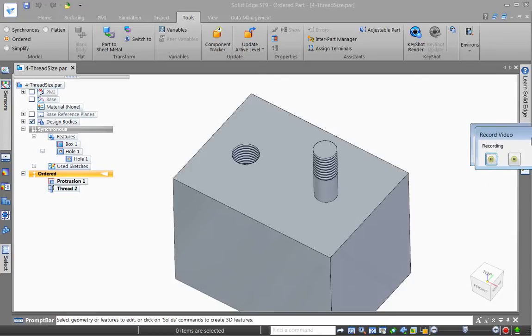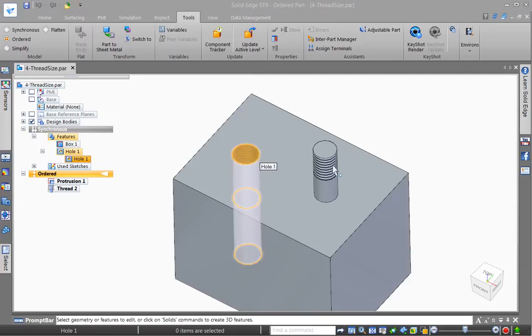So we're going to continue with a little bit more variable table. We've already talked about how you can suppress on demand certain features and how you can change the size using the new if statement logically. Something else that you may need to do someday is actually change the size of a thread,